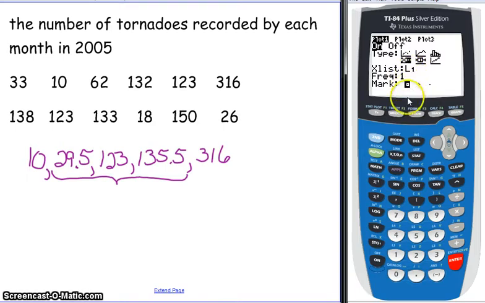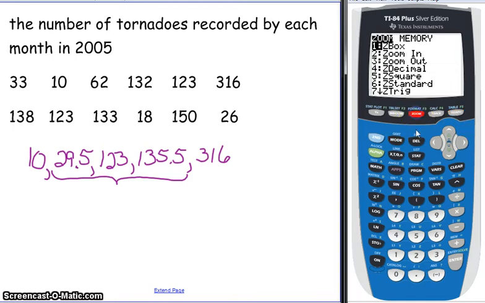The frequency just means every item in list 1 is only going to be counted one time. And then you can use any of these 3 marks here. I choose to use this one. It's a little bit easier to see on the display on your calculator. So now we're ready to quit this. I'm going to do second quit. That just takes me back to the home screen, and I really want to see what this box and whiskers looks like. Now if I just press the graph key,